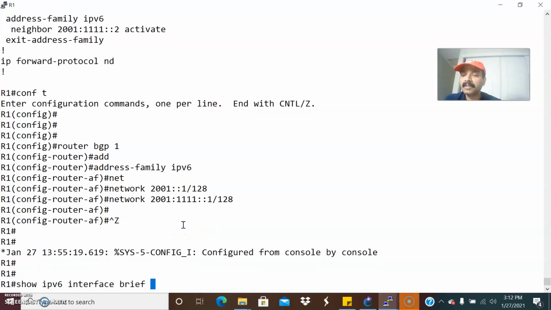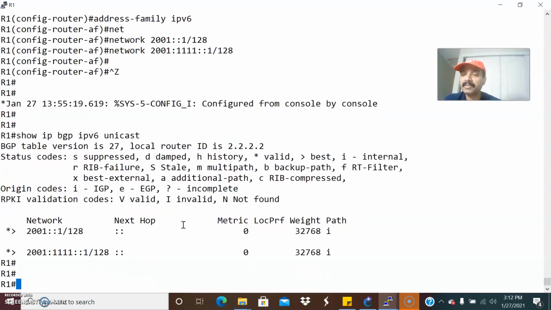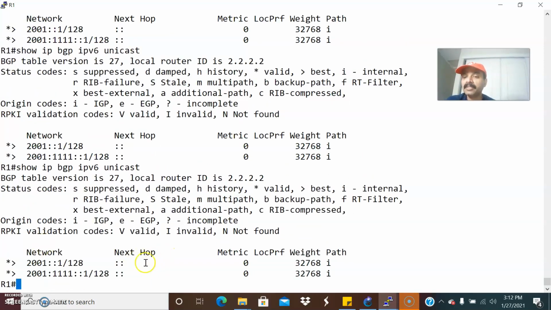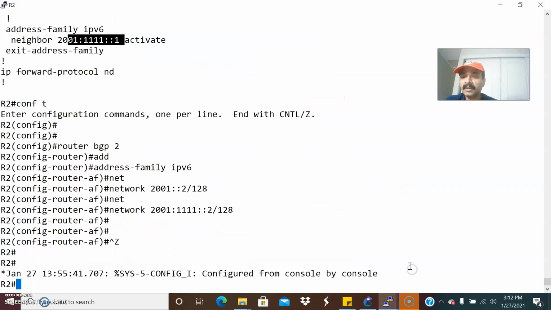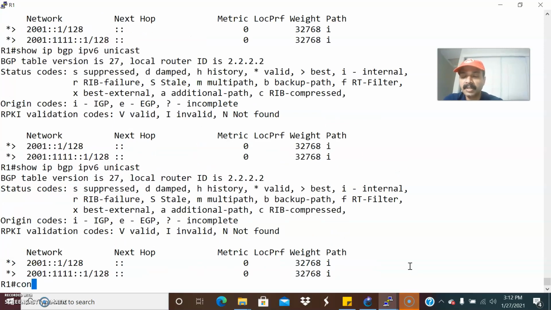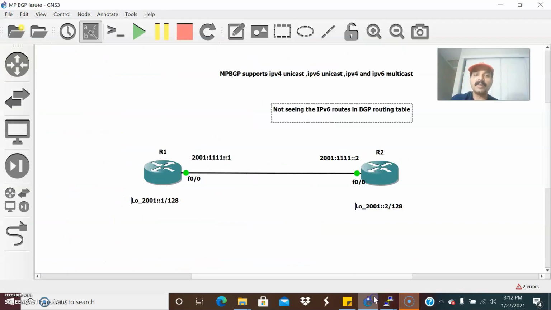Now let us check the configuration. Show ip bgp ipv6 unicast. Now I'm seeing the network statement, but there is no next hop interface. So temporarily, I have to create a static route. This static route is not mandatory in some setups, but in this setup it is not working. So for a temporary purpose, we'll create two static routes. Then we will check, and afterwards, if everything is working fine, we can check it out.